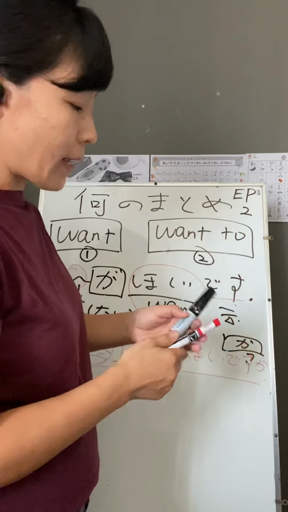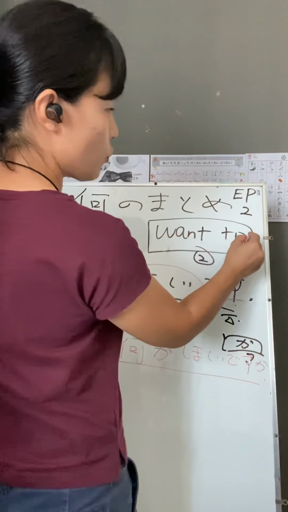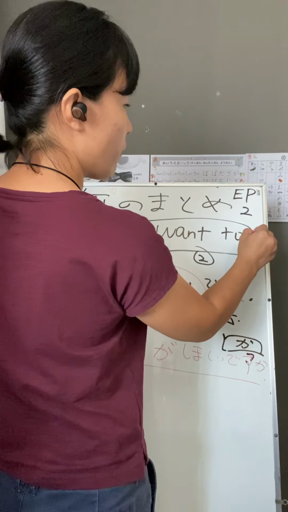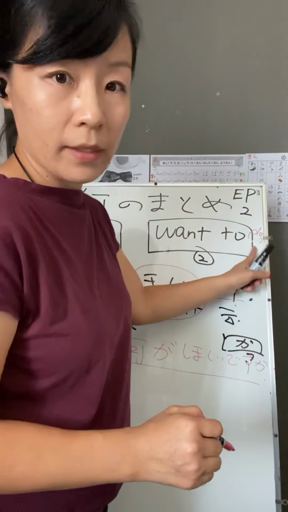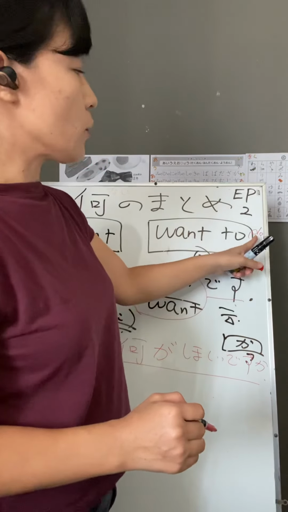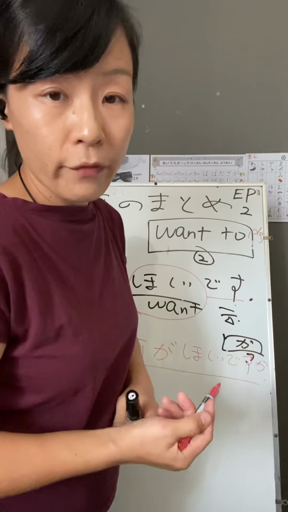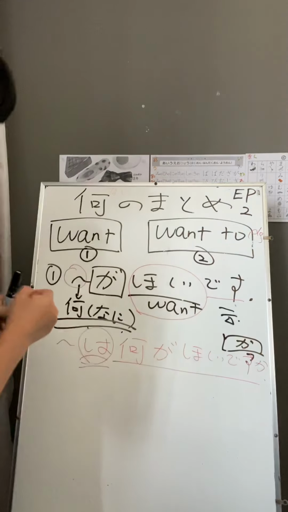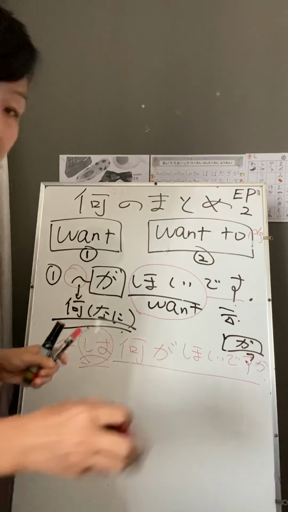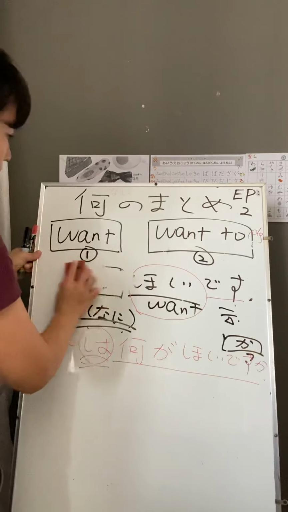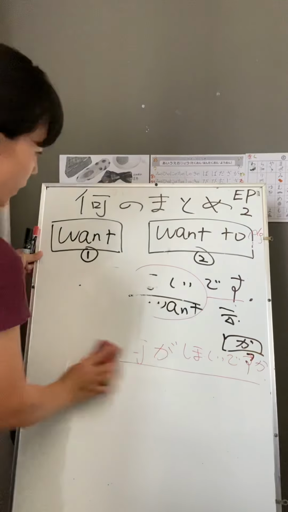In English, as you can see over here, behind want to normally there will be a verb, right? That we want to do something. So over here we need to add on all types of verbs. So, number 2 over here. Let me erase this because otherwise it's going to go quite low.